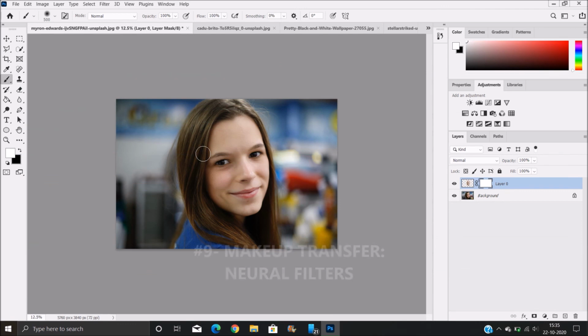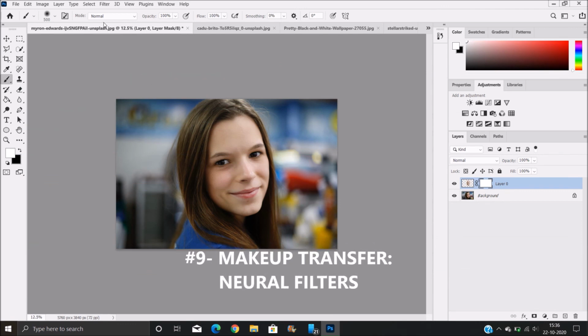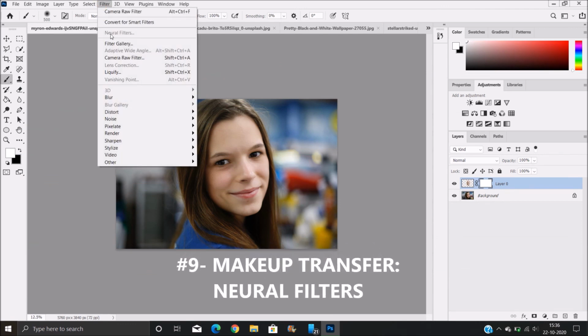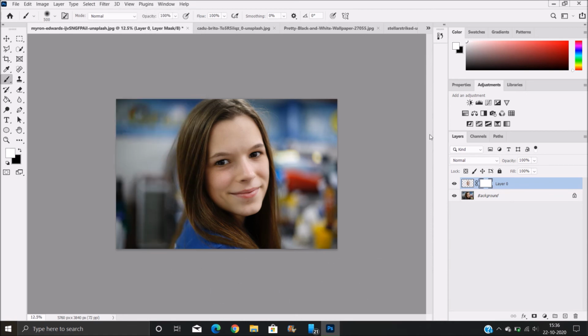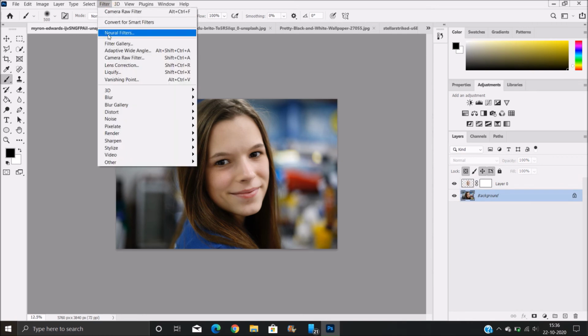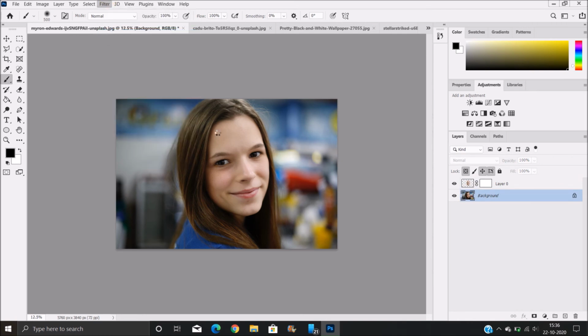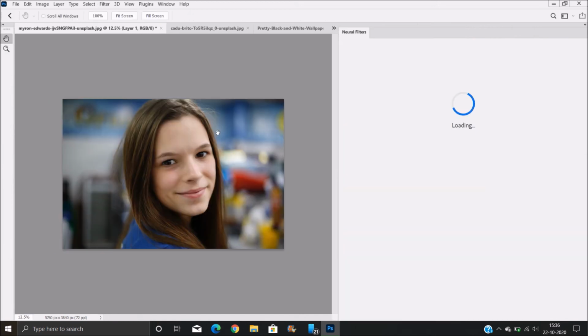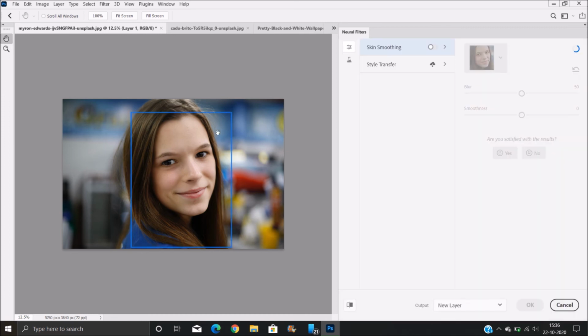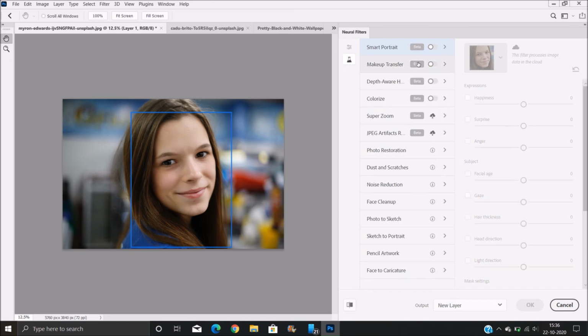Now next comes our Makeup Transfer. All you have to do is go to Filter and Neural Filters again. This option is in the beta filters, and basically this option will try to apply another photo's makeup to the selected photo.